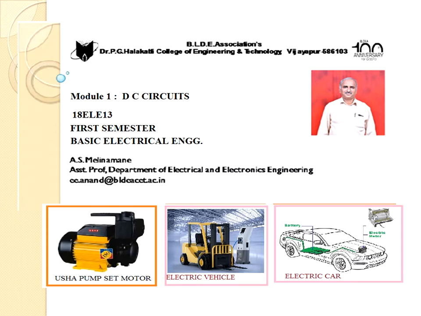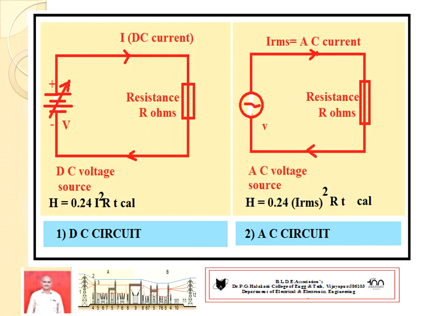Today we have to discuss, and it is very important, the RMS value of sinusoidally varying alternating current. Before going to the definition, we have to see some factors. Number one, consider a DC circuit. It is a closed DC circuit, connected by a DC voltage source with a resistance R ohms. The DC voltage source causes the flow of DC current I through the circuit.